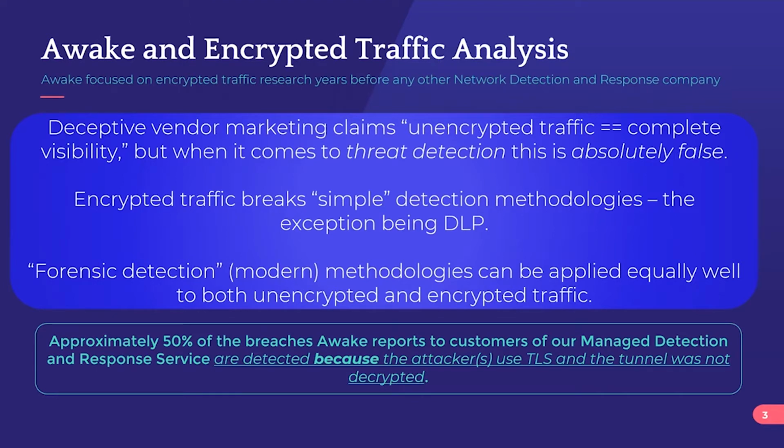And there's an exception to that, right? And that's DLP, or data loss prevention. In the data loss prevention use cases, of course, you can't do data loss protection and encrypted traffic analytics together. Data loss prevention looks at the content of data and looks for social security numbers or credit card numbers or addresses or whatever the case may be, or even very sophisticated topic modeling of content, trying to determine if sensitive data is being discussed.